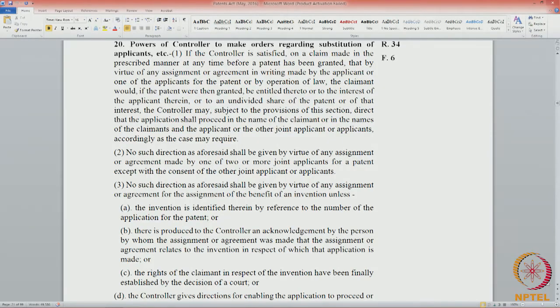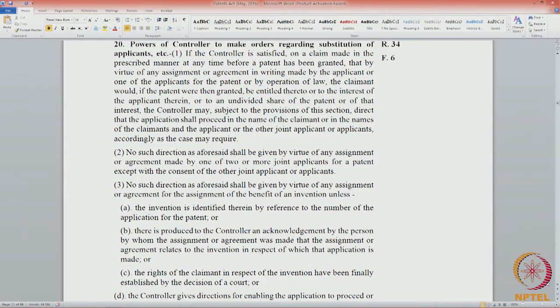Section 20, power of controller to make orders regarding substitution of applicants, etc. When an application is filed, the applicant on whose behalf the application is made is mentioned in the application itself. Now, assume that after a period of time, the applicant wants to assign the invention to another person even before